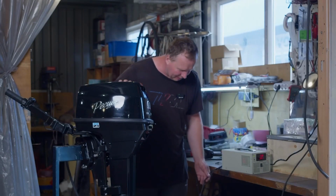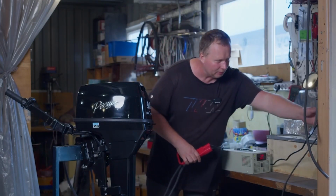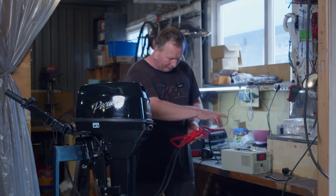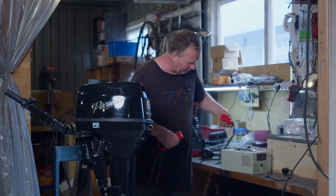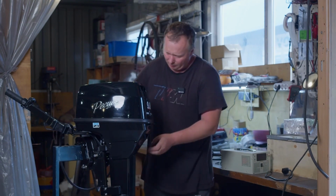How do we disconnect the motor? We don't disconnect it until we unplug it from the socket. Unplug from the socket, and only then do we actually disconnect the plug. Alright, we have disconnected the plug. Our next steps,